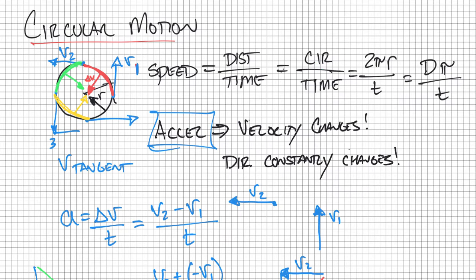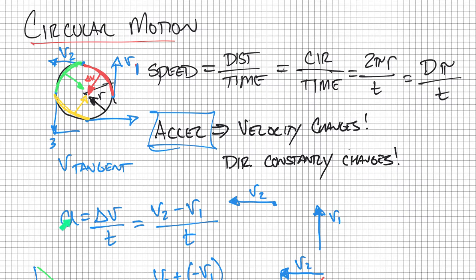Okay, now what we talked about is that when something is in circular motion, it is accelerating. And that's because these velocities, velocity 1, 2, 3, 4, the velocity is changing, and that's because the direction is constantly changing. So while this is traveling around a circle at a constant speed, the velocity is constantly changing, which means that we are accelerating. And this velocity is considered a tangent velocity because it's always tangent to the circle of motion. Okay, now